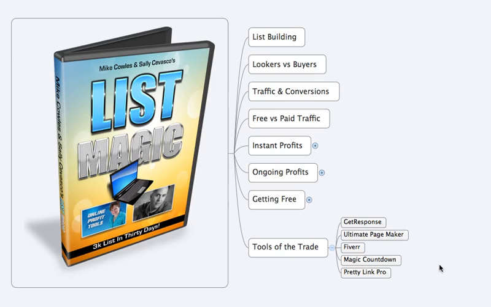And PrettyLink Pro is your most expensive one. That's $97 for the developers if you're going to put it on multiple sites. But I think you can also do it for, I may be wrong, but I think it's $47 for a single site. So for a couple $100, you have everything set up, you're ready to rock, and now you can pay for traffic. And you know, there's multiple different sources of traffic, whether it's Facebook ads, Google ads, solo ads, banner ads, whatever. But when you split test it from the start, you're going to do way better.